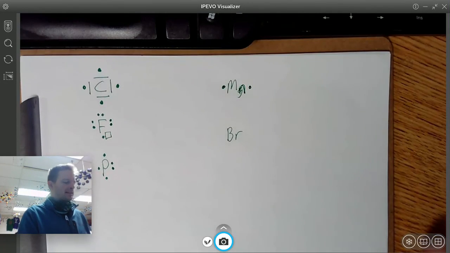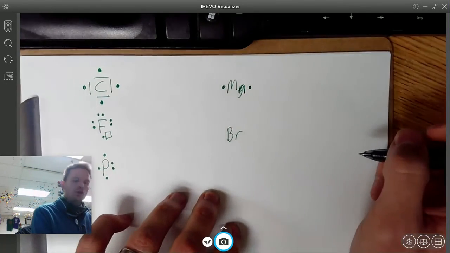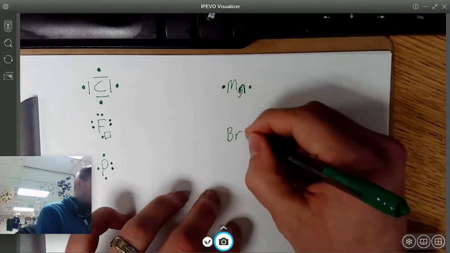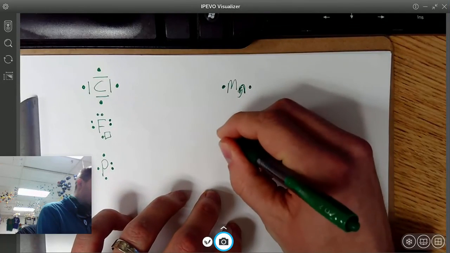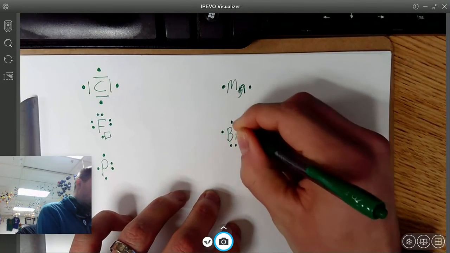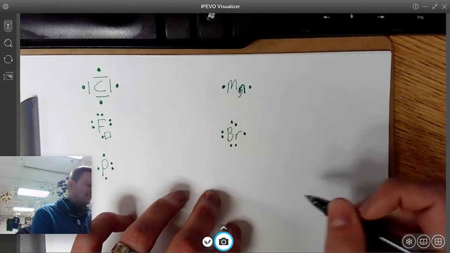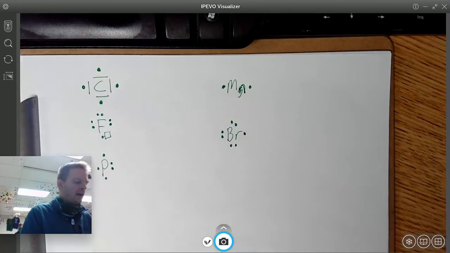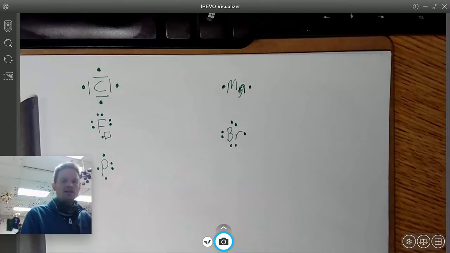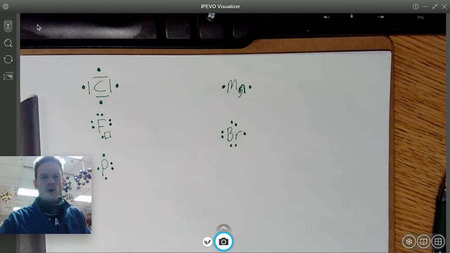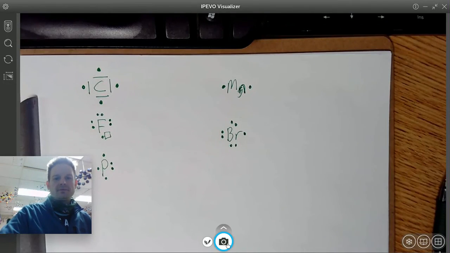All right, bromine, same thing. It's a halogen. It's got 7 valence electrons. All right, it's got 2 s's and 5 p's. So we are just going to do this. And again, it doesn't really matter what it looks like as long as you have them in pairs and you have singles. All right. Hopefully that works out. We'll do some of these together tomorrow and